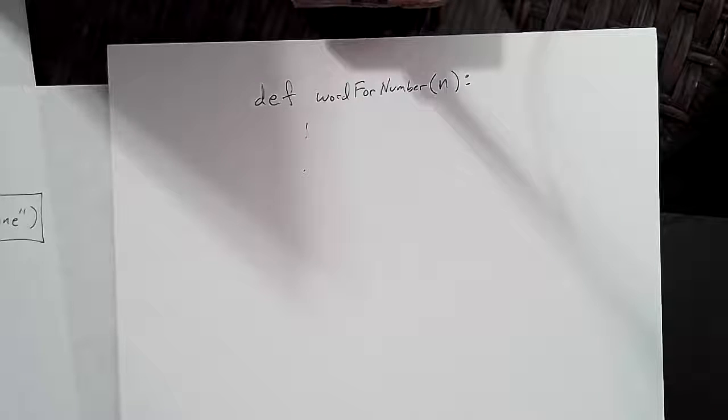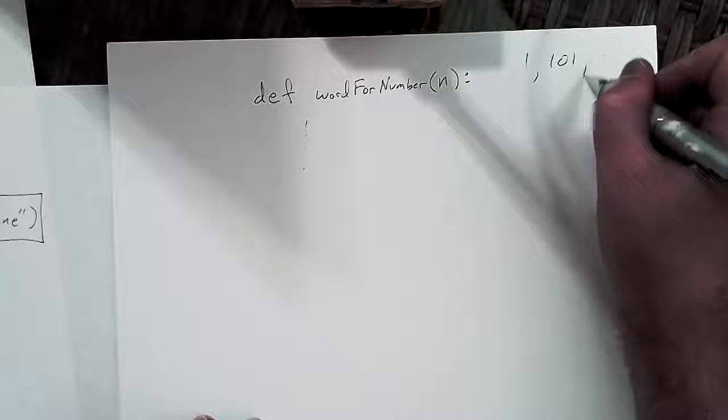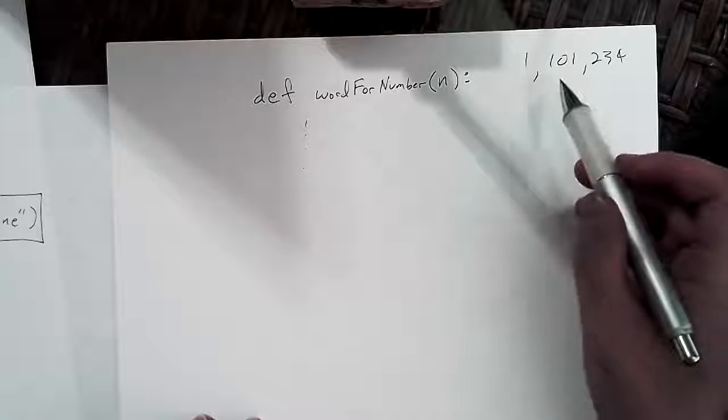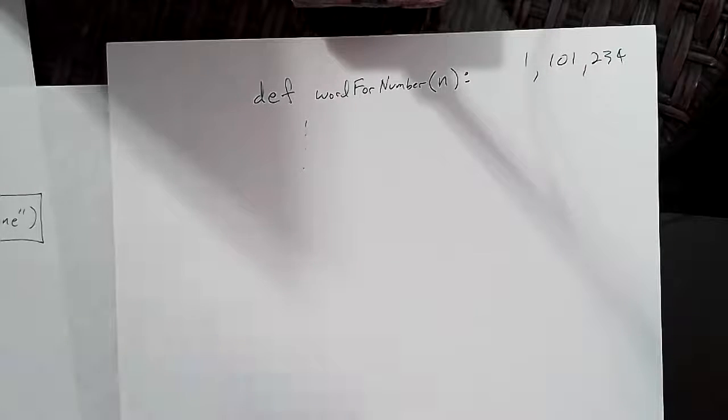And I'll show you how to do a few of them, and maybe over the next period you can try to work on Googling how to make this function really work for any number, because there's actually a lot of different numbers out there. That would be complicated. If I gave you a number like 1,101,000, there'd be a lot of logic to that. So for right now, we're just going to go for something similar to what you already have there.